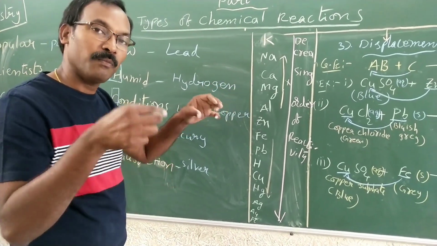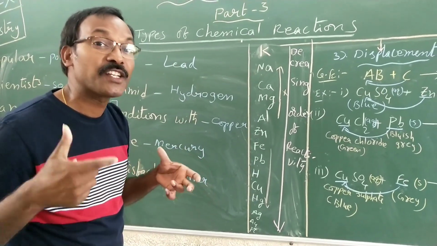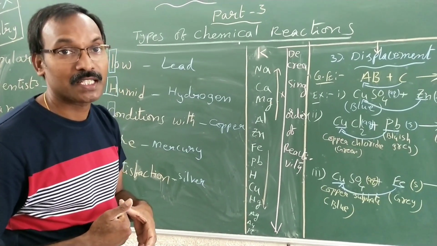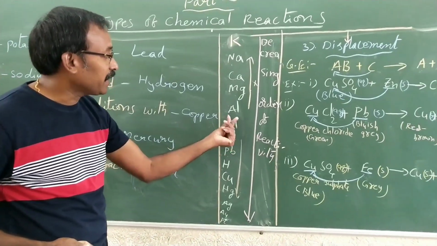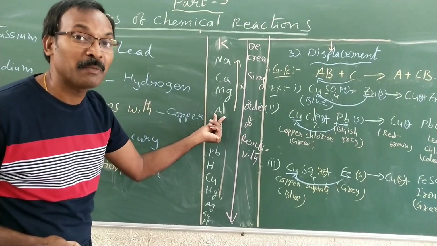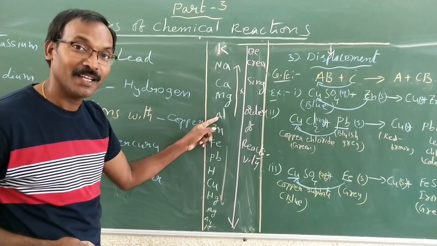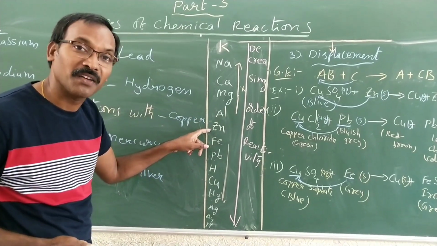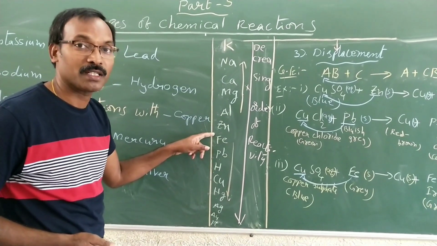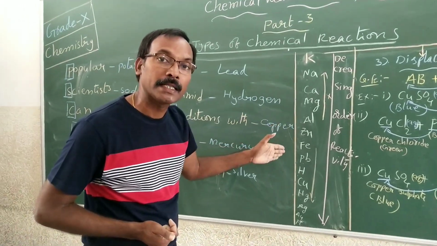If you drop both of them into each one separately, in which solution the reaction takes place, they may question us like that. So, from the zinc sulfate, zinc will be displaced by aluminum. But from the aluminum sulfate, aluminum cannot be displaced by zinc because zinc is less reactive than the aluminum. So like that you can understand, this all will help you a lot for finding out whether the reaction occurred or not.